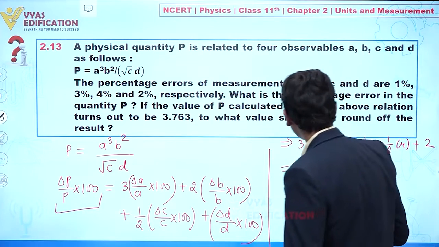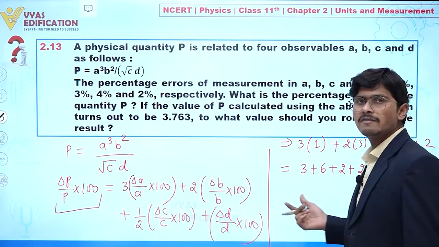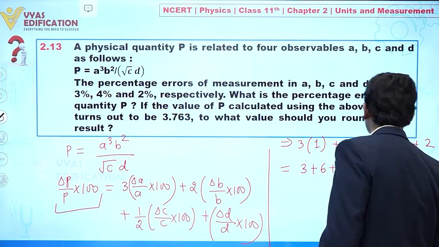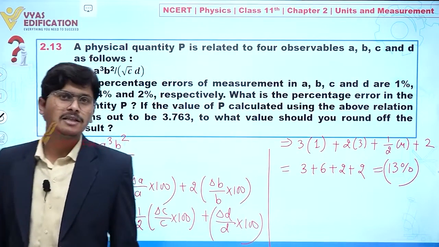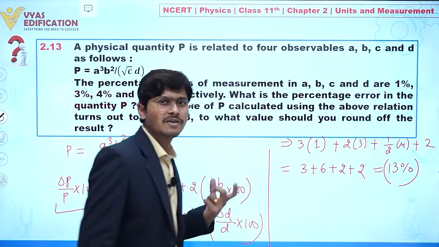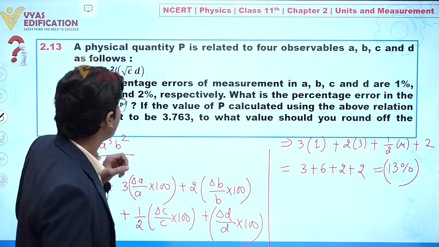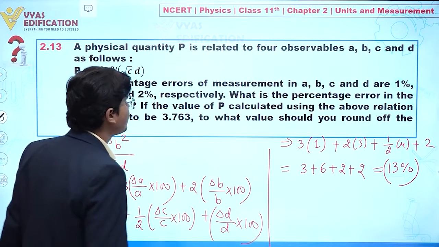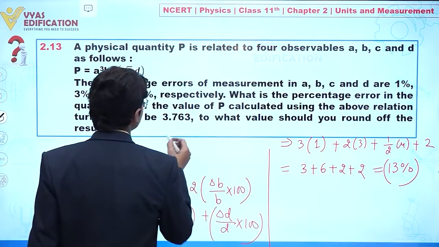So this is equal to what? 3 plus 6 is 9, 9 to 11, 11 to 13. So the total percentage error we have is 13%, clear. The percentage error in the value of P is equal to 13%, clear to everyone, clear. Now one objective is completed. If the value of P calculated using the above relation turns out to be